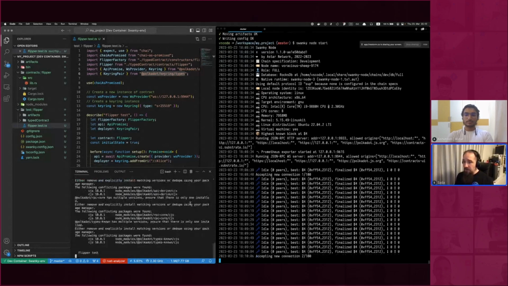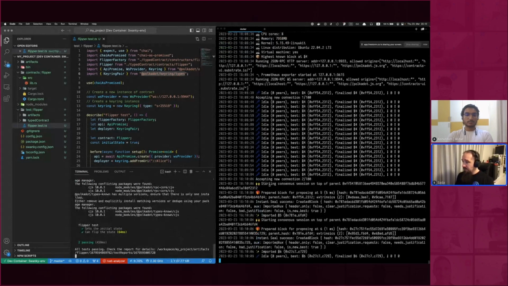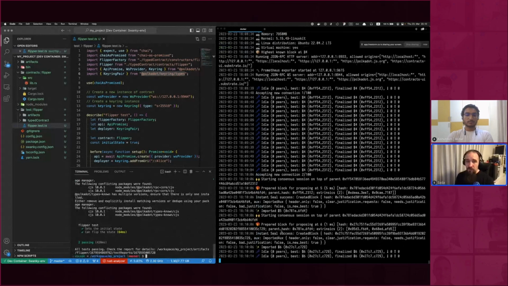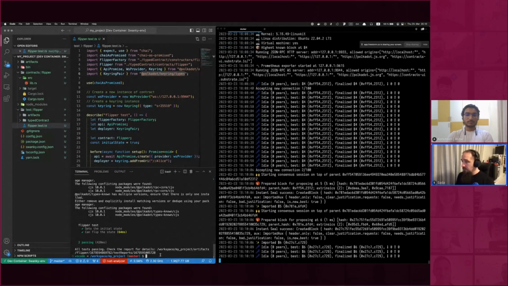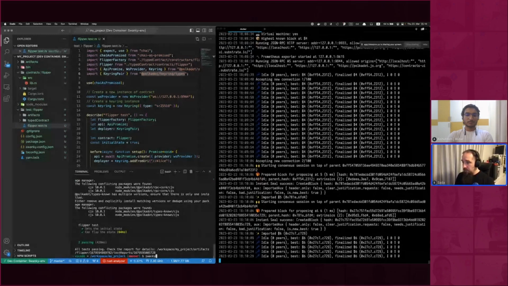You will see it right now. Yeah, this is the warning, and you can see the tests are passing, and you can see here it did something on the node. It deployed the contracts and tried to call the flip, which I will now show you how to do manually. All right, so let's pretend that this didn't happen and the contract is not deployed on the node. We will need to deploy it, and it's super straightforward, which is called